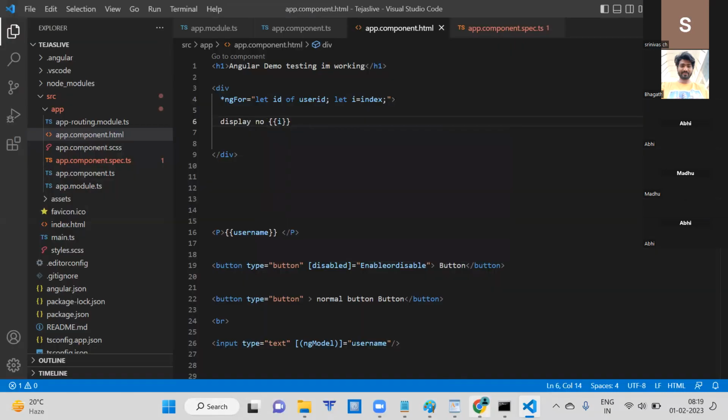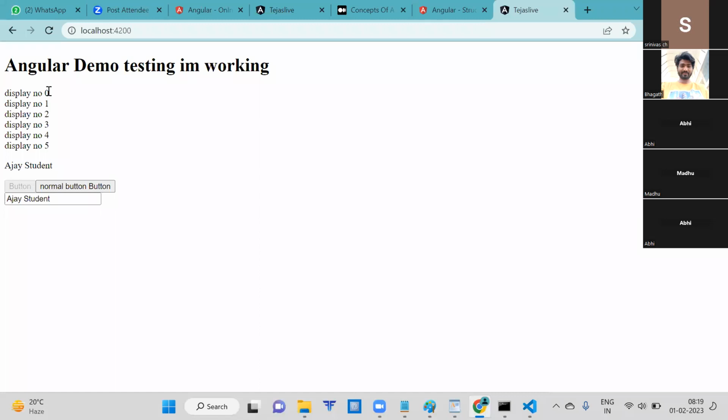Here it is doing the for loop, looping the elements. The index is actually 0, 1, 2, 3, 4, 5, 6. This is the index. So if I want to print the user ID,